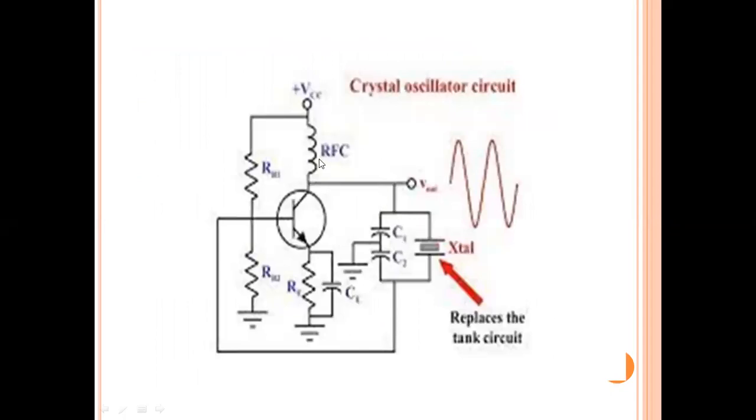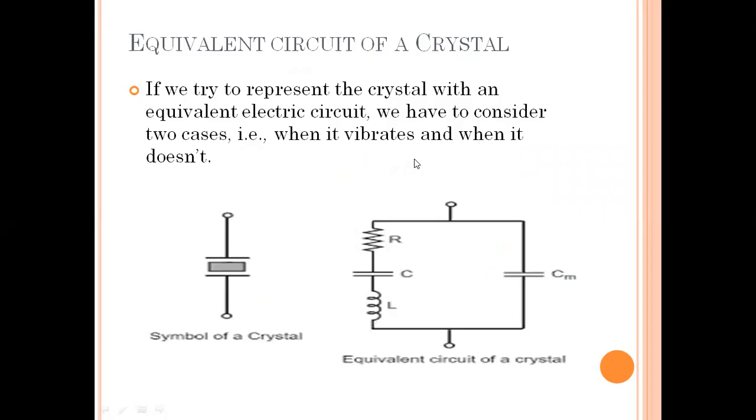So this is the figure which represents the circuit arrangement of a crystal oscillator. Here we are using a crystal in the circuit. That's why this circuit is known as a crystal oscillator. When the frequency of the AC voltage in the circuit is equal to the frequency of the crystal, then we get the maximum vibrations or maximum amplitude. That frequency is constant.